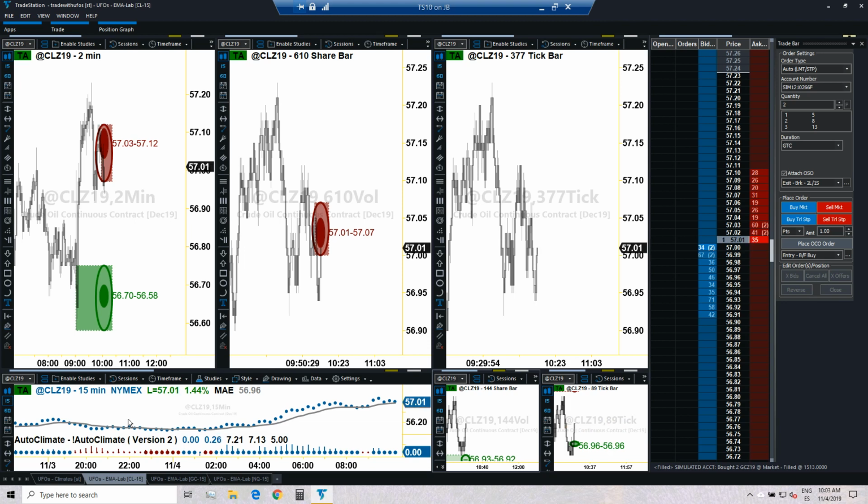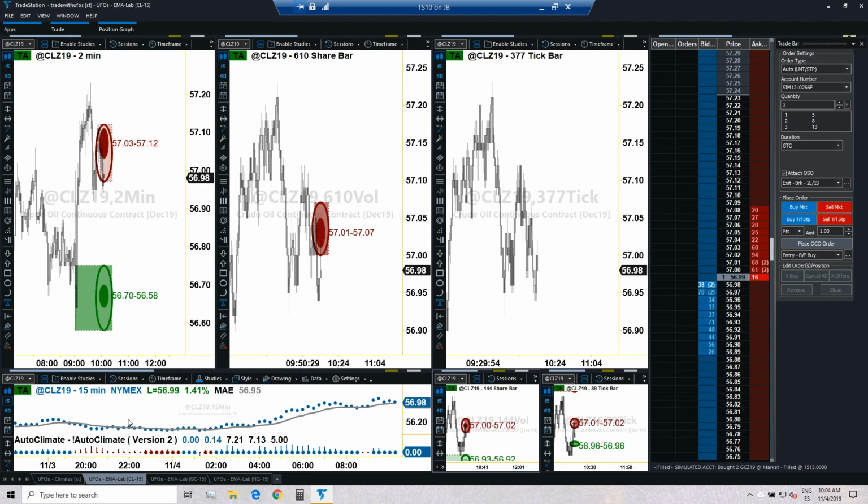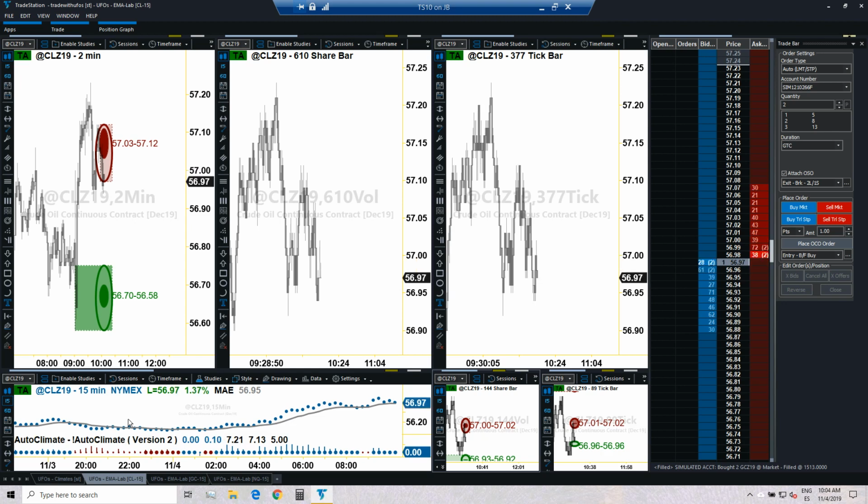Yes. I mean, the climate is looking at 3 things. It's looking at trend, but it's also looking at statistics related to, how do you call it? I'm just missing a word in English. Just give me 1 second. It's gonna come to me. Sustainability. Here we go. So we are also looking at sustainability, and we are also looking at impulse versus correction. So with the microclimate, you're looking at multiple ways to assess market direction. In a simplistic form, you can call it trend, but really market climate is doing more than that.